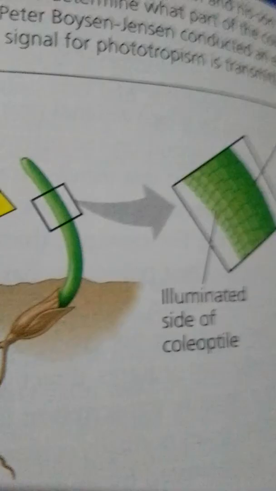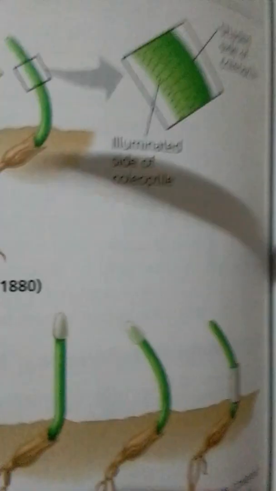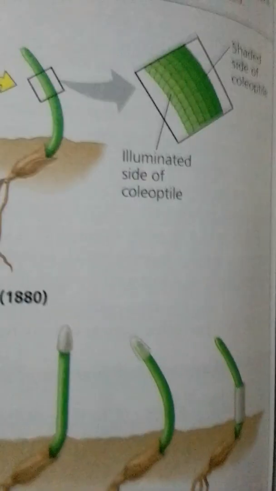Notice the inquiry. This is another figure representing inquiry. What part of the coleoptile senses light and how is the signal transmitted? Experiment. In 1880, Charles Darwin and his son Francis designed an experiment to determine what part of the coleoptile senses light. In 1913, Peter Boysen-Jensen conducted an experiment to determine how the signal for phototropism is transmitted. Result: control light,